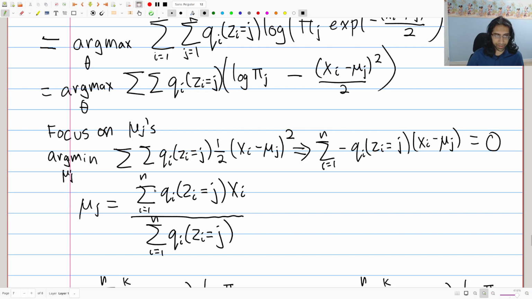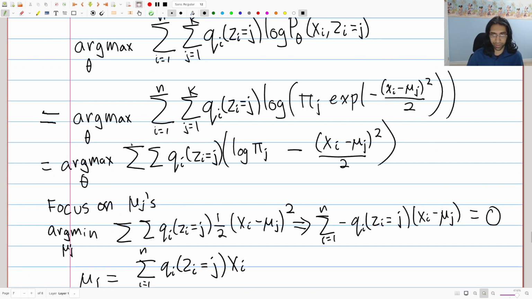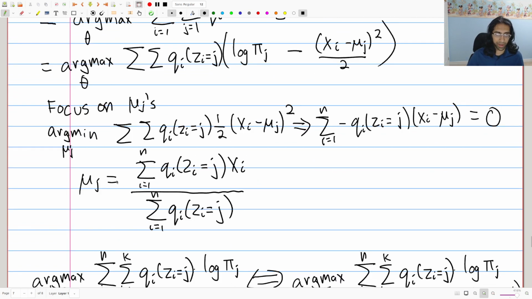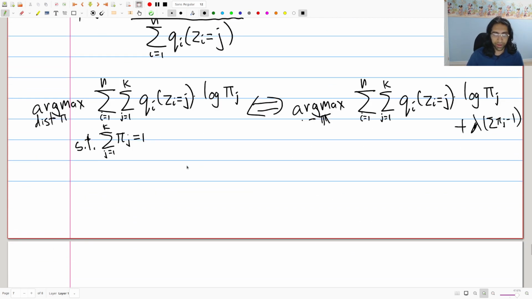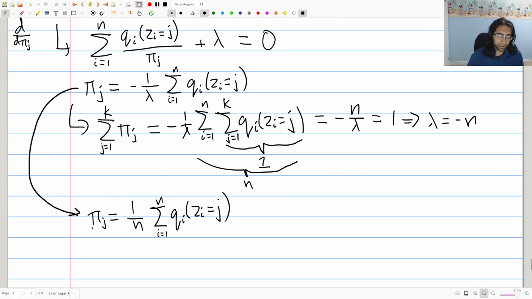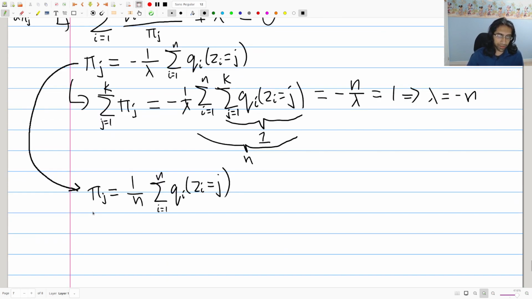So we did the usual thing: we sub in the density, took some derivatives and set them equal to 0, and we got an expression for mu j, which has a very intuitive interpretation as a weighted sum of the points, depending on their belonging. Similarly, we have these pi j's, which tell us the mixing weights,